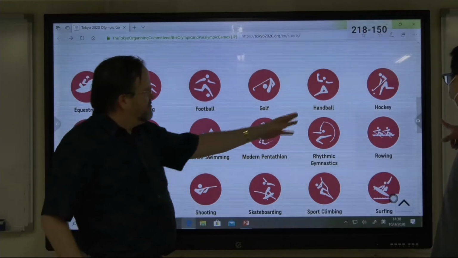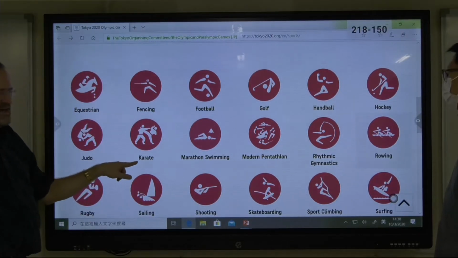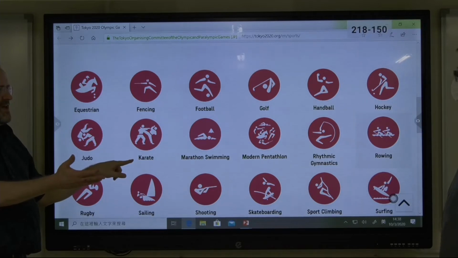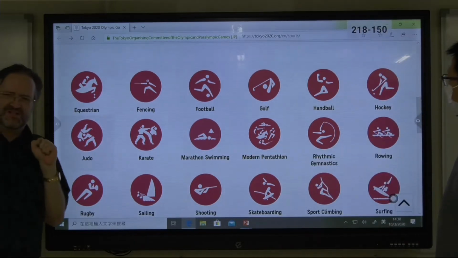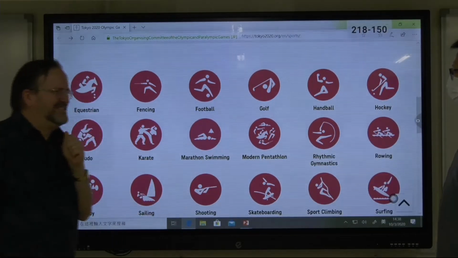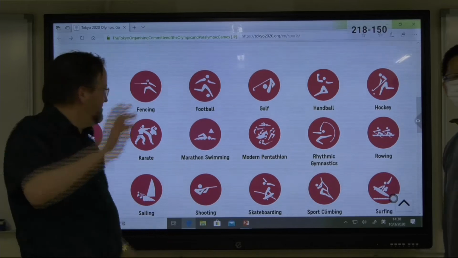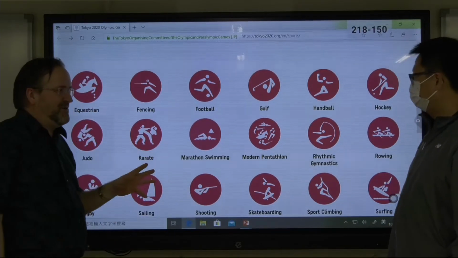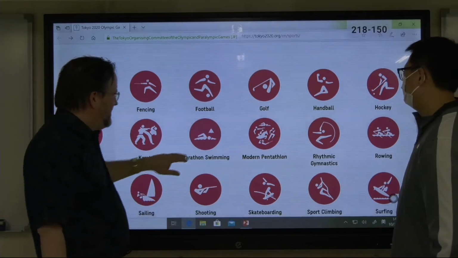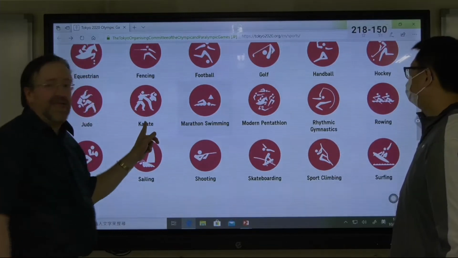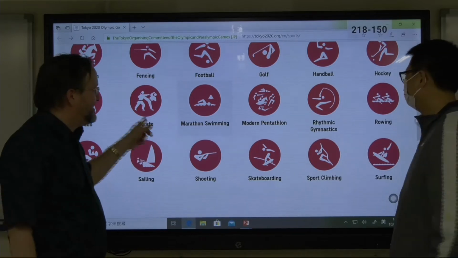You know golf, and you know most of these, but the ones that I think we should know are judo and karate, which is kind of like taekwondo. But this is Japanese. And I'm not sure where judo is from. Where's judo from? I'm not sure either. You can tell us on the Google Classroom if you know where judo is from. I want to say South Korea, but I don't think that's right. But karate is definitely Japanese. So they should win this, right? In Tokyo, if they lose this one, I don't know why, because it's their sport.